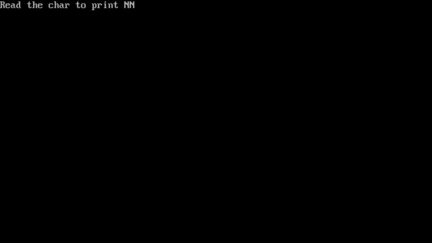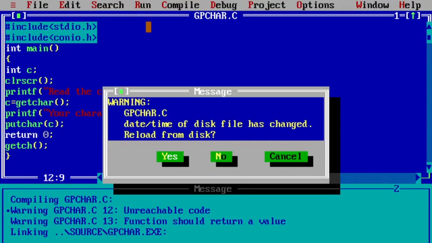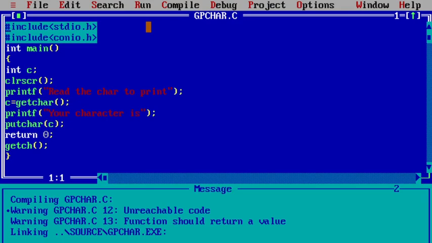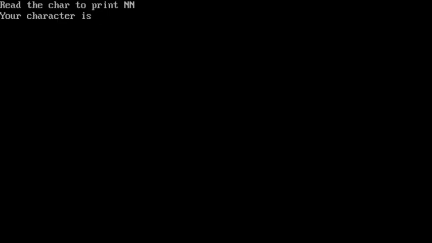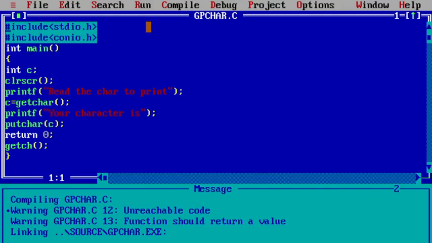See, I have used n, whether it is displaying both characters or a single character. It does not display anything. Why? Because I have used a string. So that's why.